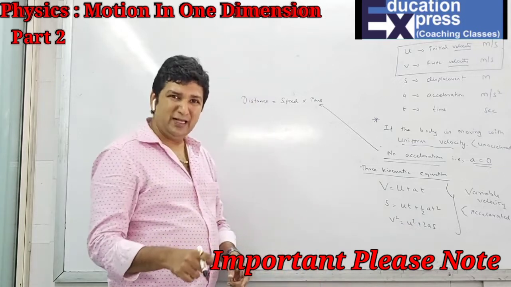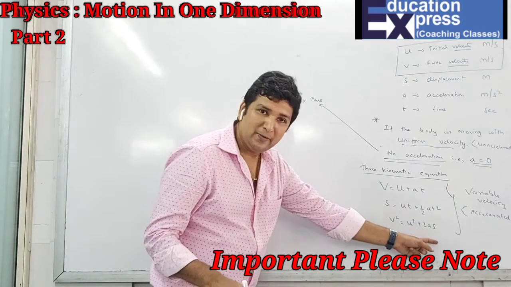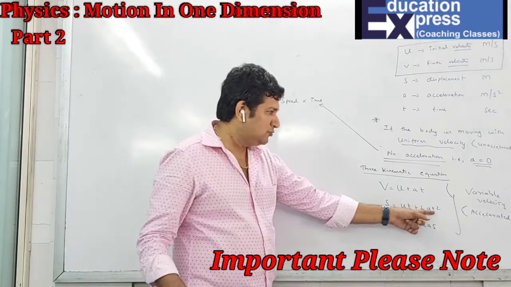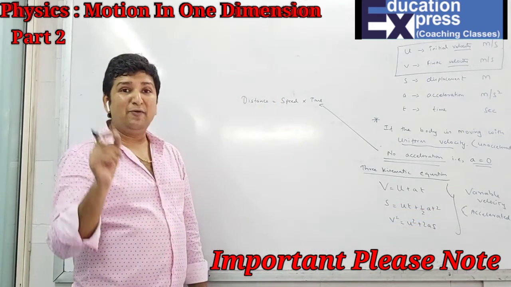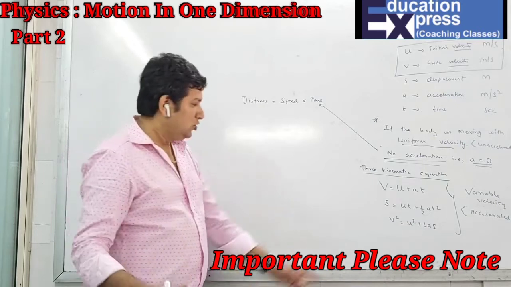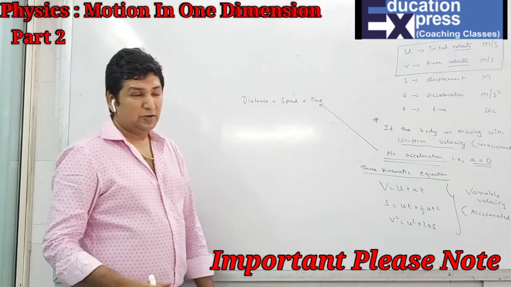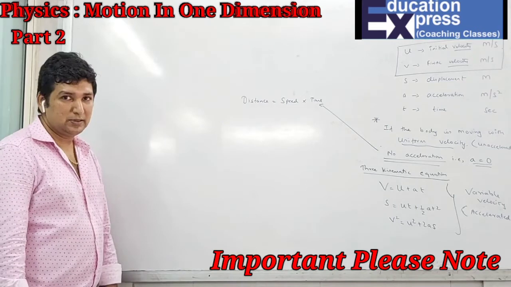In case I want to find displacement, I can say displacement here and here. So if time is given, I'll go for this formula. If time is not given, I have to go for the third formula. That means in short, whenever time is not given or asked, you have to use compulsory the third formula. So that is how you will be using the formulas.